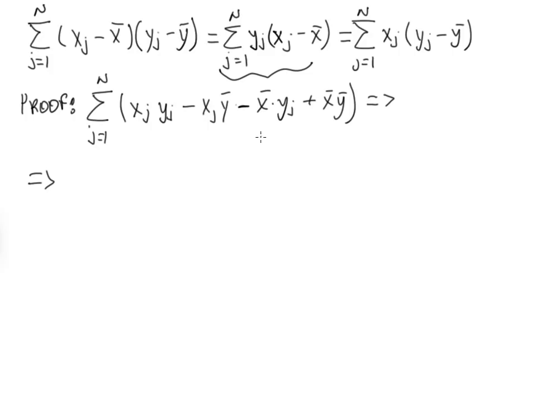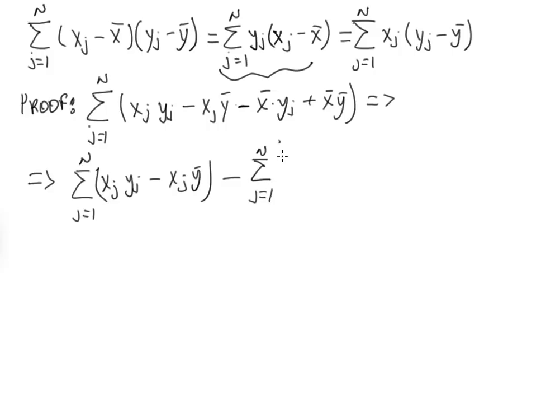Well, one thing I can think of is using factoring, or splitting them into two expressions rather than four, which then allows us to get rid of one of the simplified expressions. So let's do this. Let's put a bracket here and then a bracket here. I think that this would help us to simplify it further. What does it look like now? So let's look at this. In that case we'll have xj yj minus xj y bar, plus, sorry, this is minus now, when I put the bracket here, this would be negative,